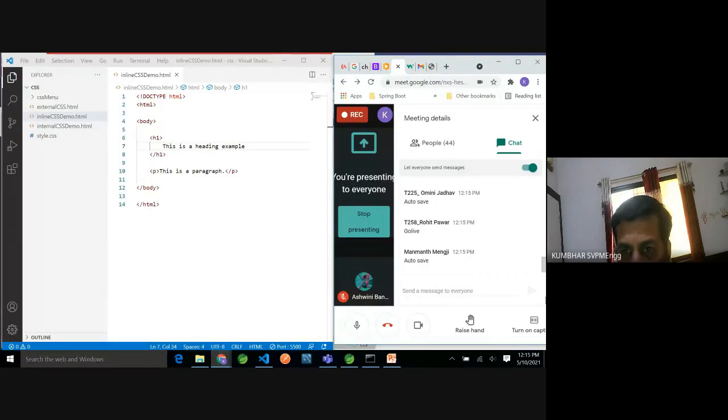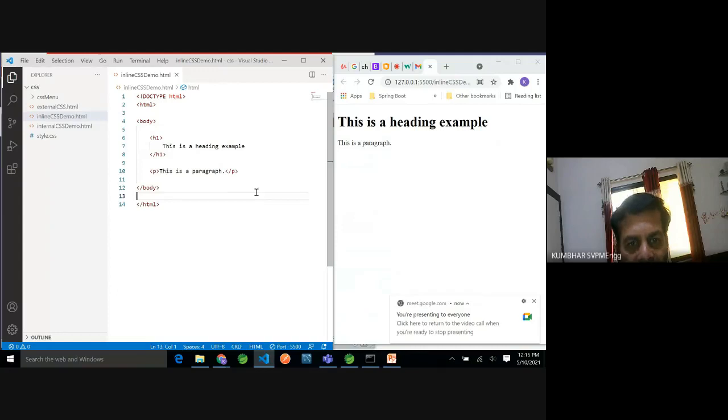For HTML, the formatter will be different. For PHP, the formatter will be different. So you have to just add the extensions. For CSS, the formatter will be different. Then second thing is go live server. Go live server will help you check these pages executing automatically, refreshing the pages, whatever changes you have done. And third is autosave. Autosave will be helpful for you. So let's move ahead and come to our point. We were talking about the inline CSS.